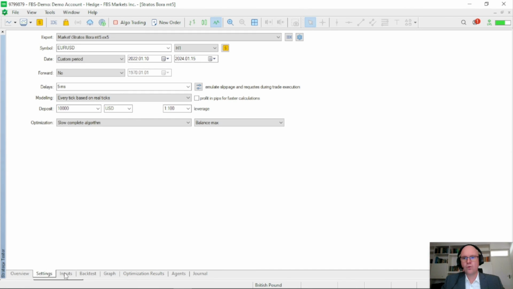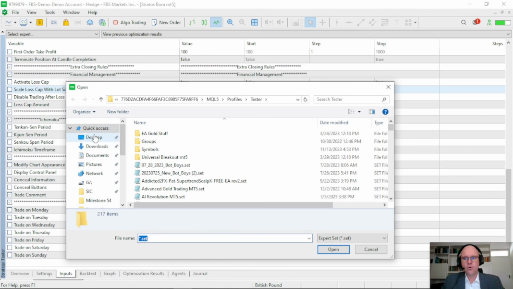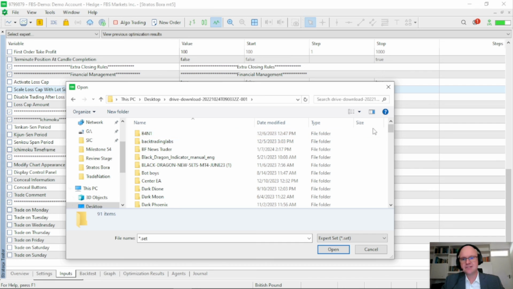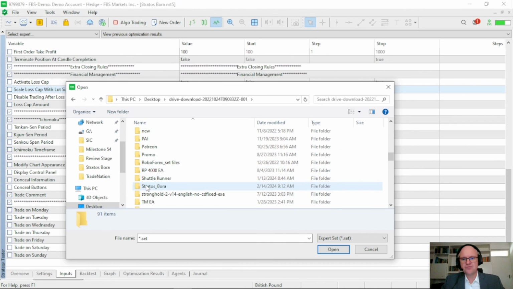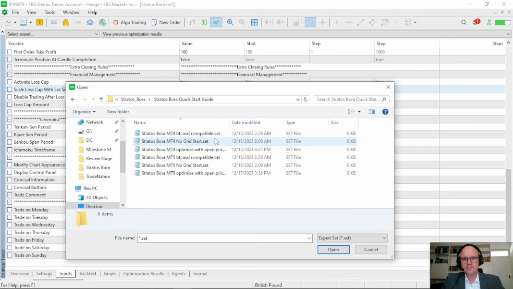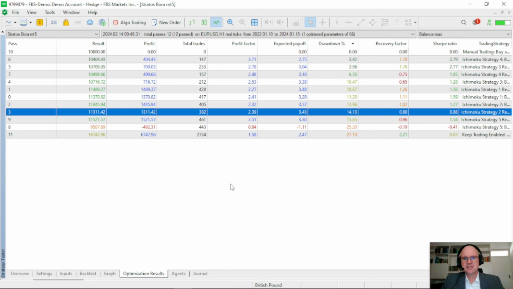On top of all of this, you also have the option of trading without a grid. The author has made different set files available, including one for Bitcoin. So, for those of you that are interested in using cryptocurrencies to trade the Ichimoku Cloud, feel free to test that one for yourself. Now, the no grid one works on limiting the quantity of trades that the bot takes. So, for those of you that don't want to use any grid or martingale, you have that option available as well.